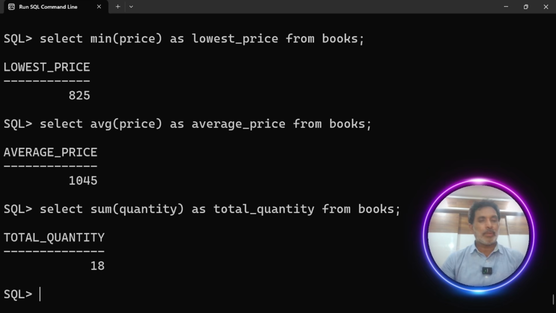You can also have a group by category. And another one is having. Suppose you want to find the categories whose average price is greater than 800, so we'll execute a query: select just the category, comma, average price